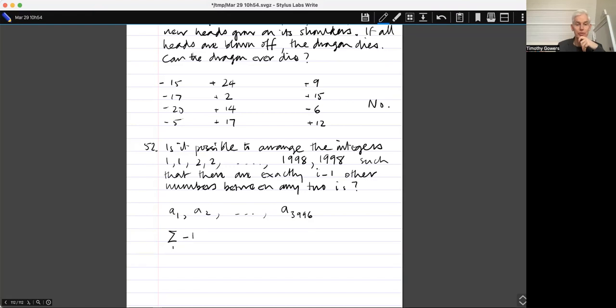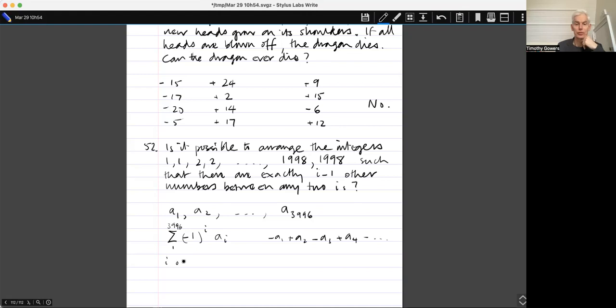So sum from 1 to 3996 of minus 1 to the i, a_i. So in other words, minus a1 plus a2 minus a3 plus a4. Now the point about this, that makes it promising, is that the fact that there are exactly i minus 1 other numbers between any two i's tells us that if i is odd, then they'll have an even number of numbers between the two occurrences of a_i, in which case we'll get a contribution of,